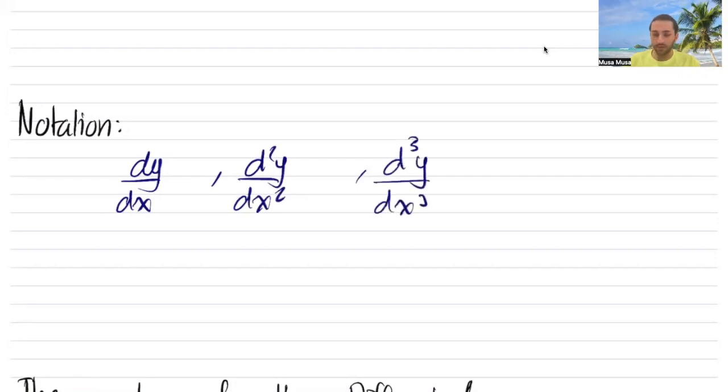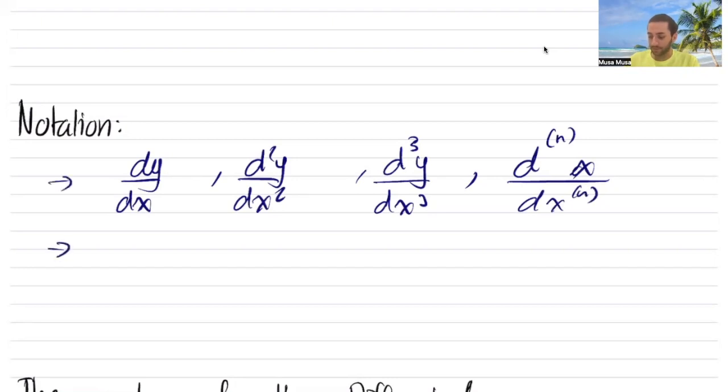But we start not getting bothered with this, and you end up writing it maybe as d^n x on dx^n. People often write these also as y dash, y double dash,